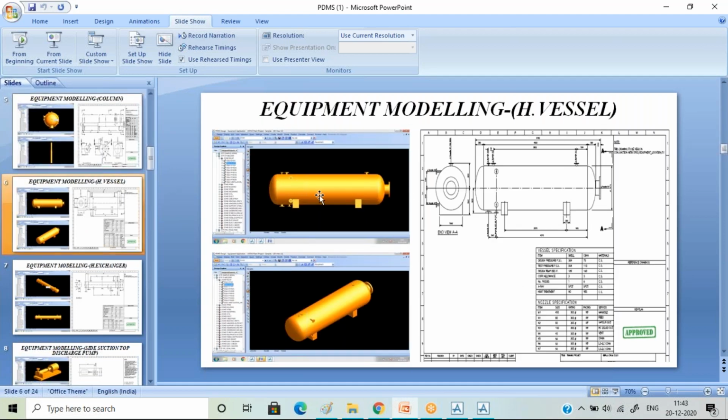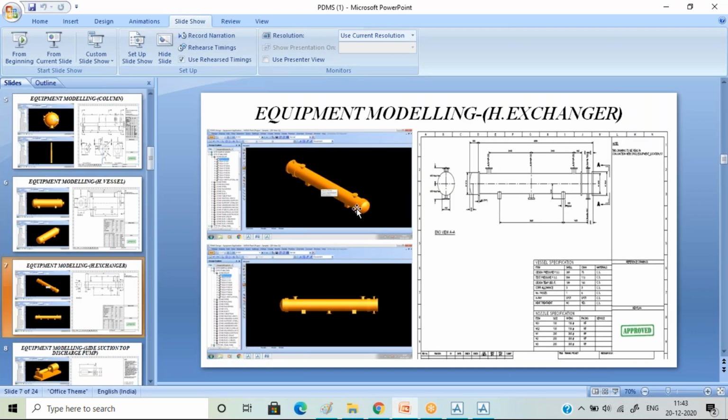So equipment modeling, again over here you have to show your horizontal equipment also. This is the horizontal equipment. These are your nozzles. This one is your saddle. Obviously saddle and all, you have to model again. And this is your exchanger. Again, as I told, that exchanger, you have to take care of it. You have to model the exchanger very carefully, because